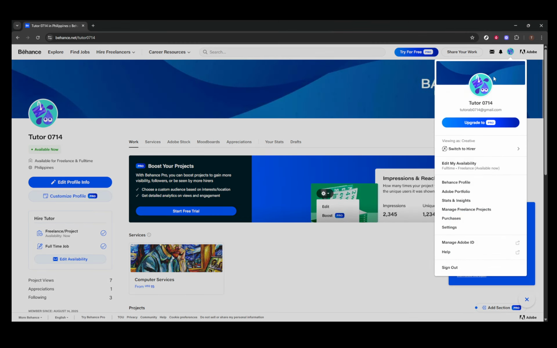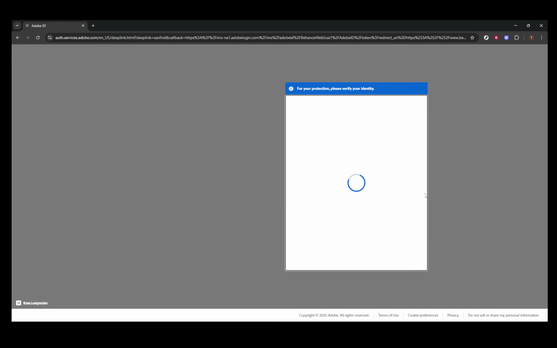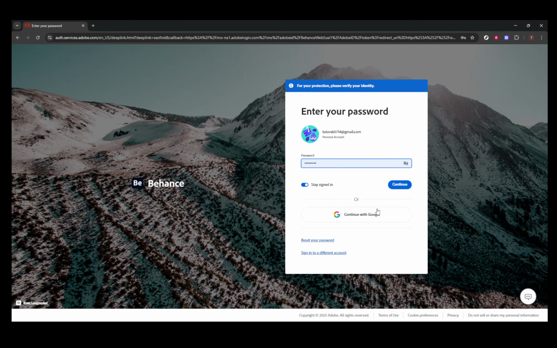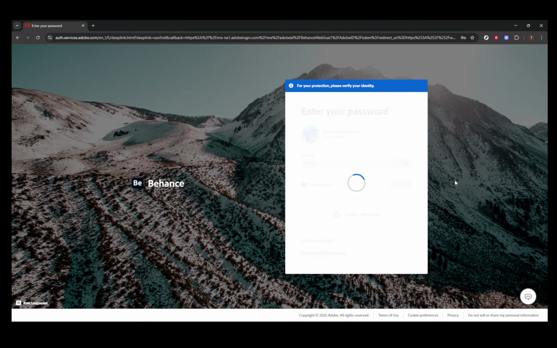Under this section, your custom Behance URL will be displayed prominently. It's designed to be accessible so you can easily copy it. This is your shareable link, ready to be used in any context where you want to guide people directly to your online portfolio. Both of these methods provide easy access to your Behance URL, ensuring you have the ability to